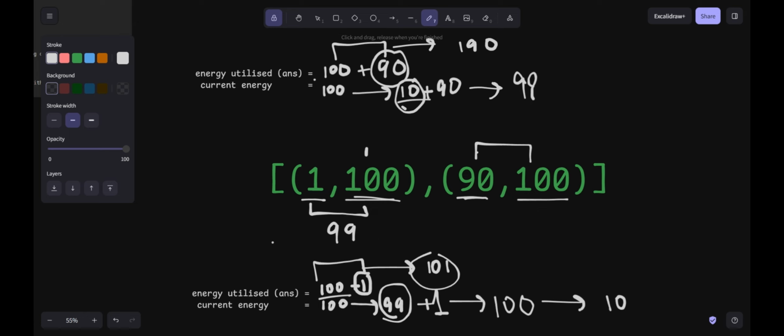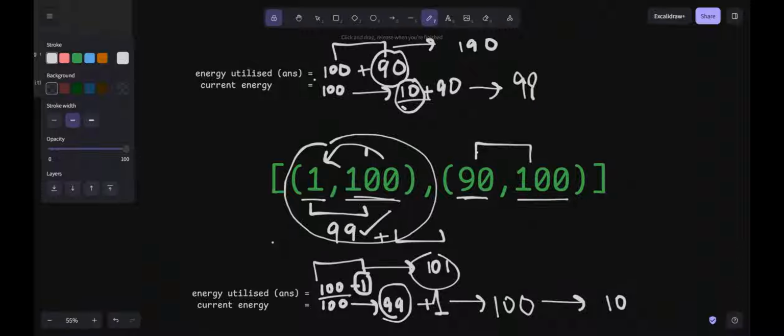So I have to first look at those indexes where I'm getting a greater difference between minimum and the actual value, because I want to add only a very little amount of energy from my side in order to do tasks of other indexes. So I want to maximize this thing, so that the leftover energy that I need to put in order to do other tasks is minimized. So this is the actual intuition.